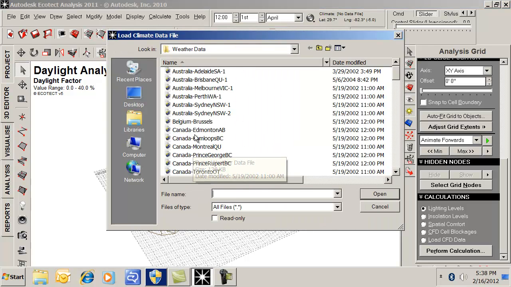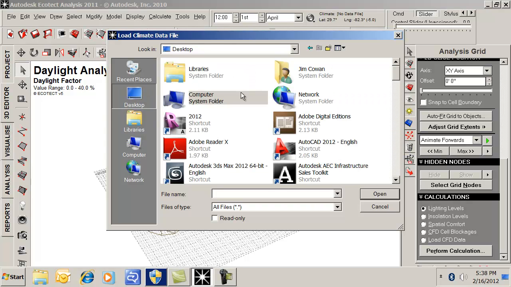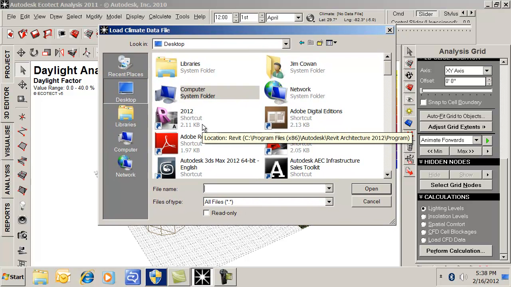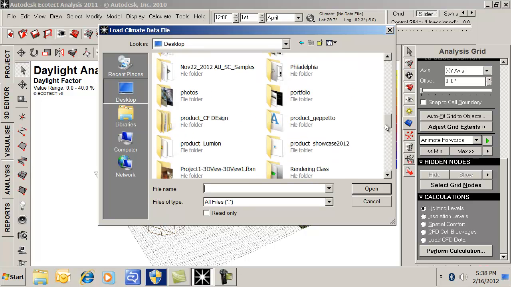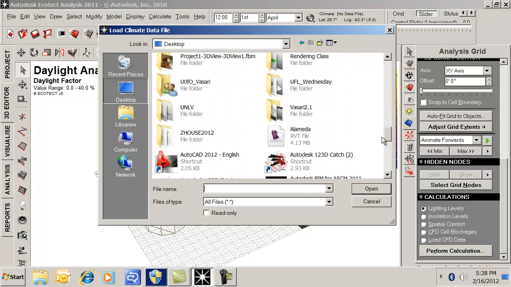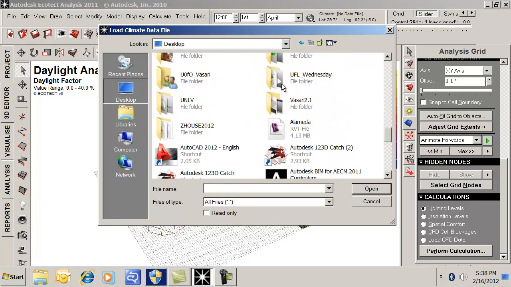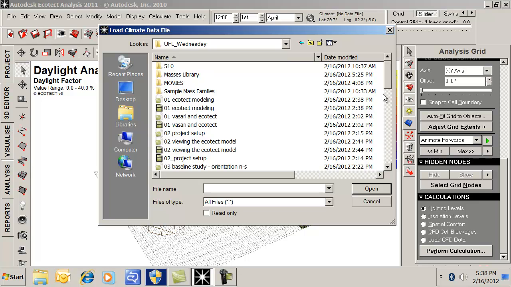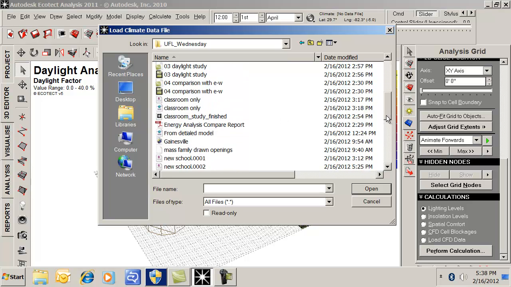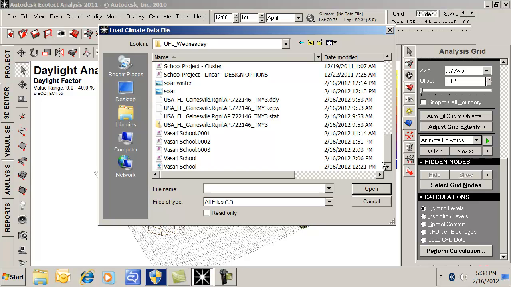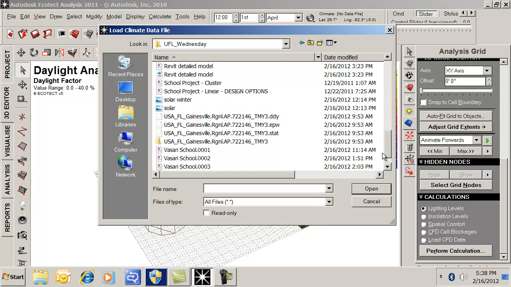There are a bunch delivered with the product. What I have done is taken from the US weather data for the airport in Gainesville and converted it to a file that I can use for this project. So I'm going to go down to my folder. And in here I've got the